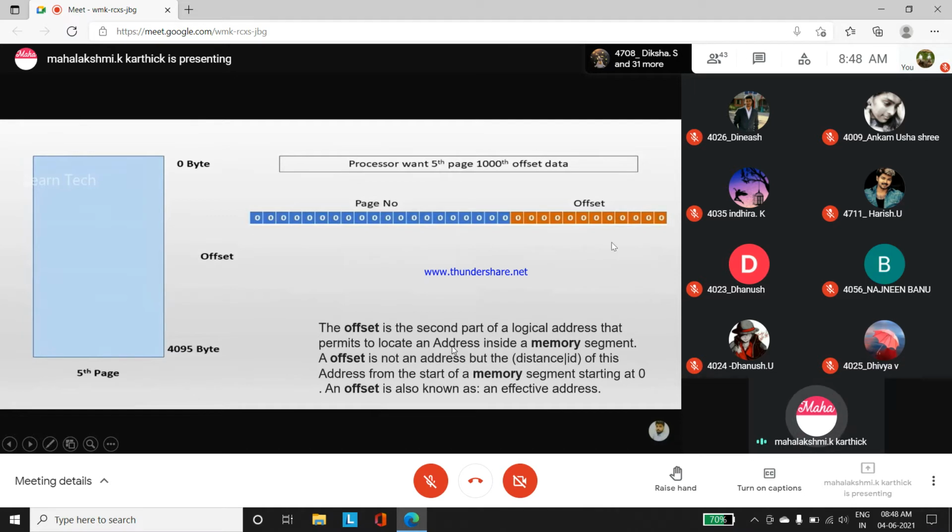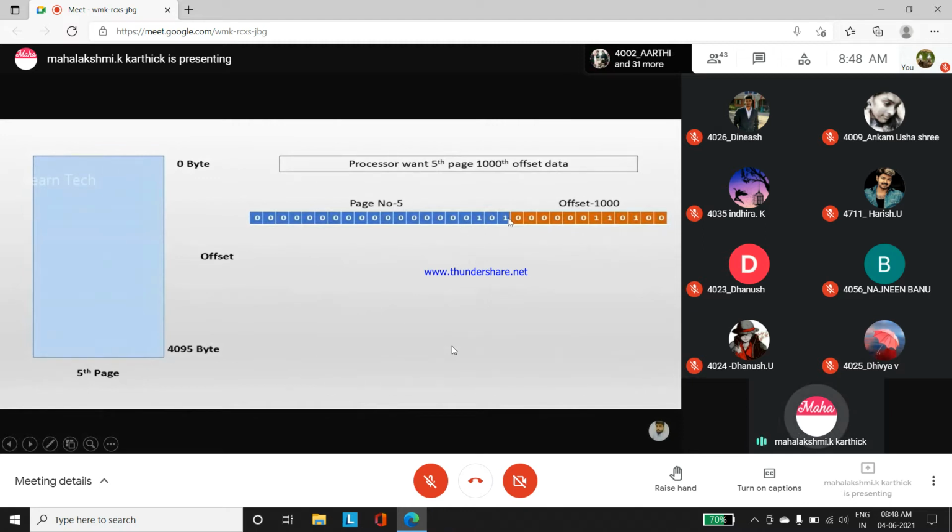How the address is translated, you have to understand. See how they have split this 32-bit representation. This is the virtual memory address sent by the processor to refer to the RAM memory. So how has it been converted, all the 32 bits? Now initially it is 0. The page number we need to refer to has to be mentioned here. You know how to convert this 5 to binary form. 1, 2, 4 shortcut. 5 is represented like this, remaining all 0. The 5th page is referred with this binary value.